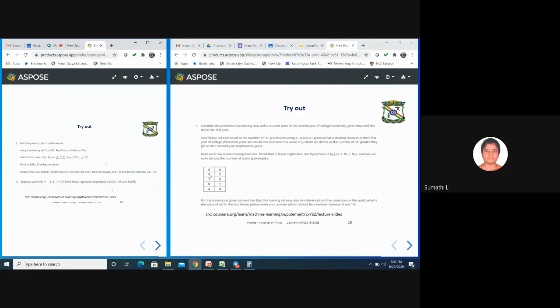First time you do it with 3, then you do it with 1. You add it up, you will get 8. 8 divided by 2m. M is 4. So 2m is 8. So 8 divided by